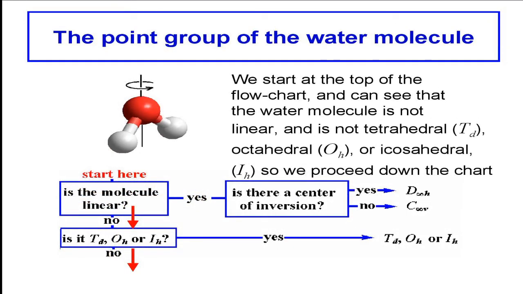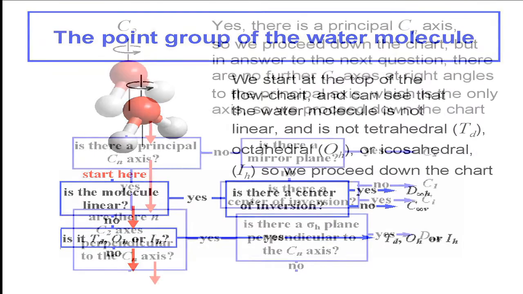Then the point group of the water molecule. We all know the point group of the water molecule. The principal axis is C2. It contains two vertical planes of symmetry, one along the principal axis and one between, bisecting the two hydrogen atoms. Hence, the point group of this molecule is C2v.